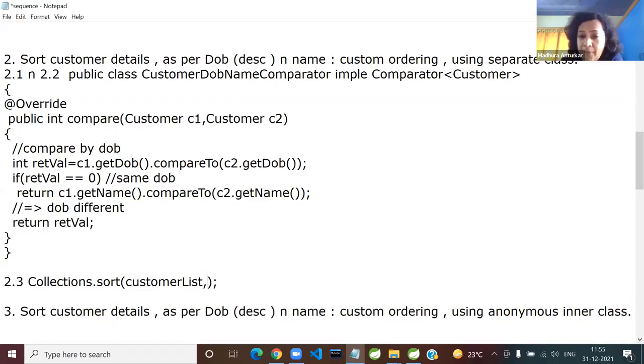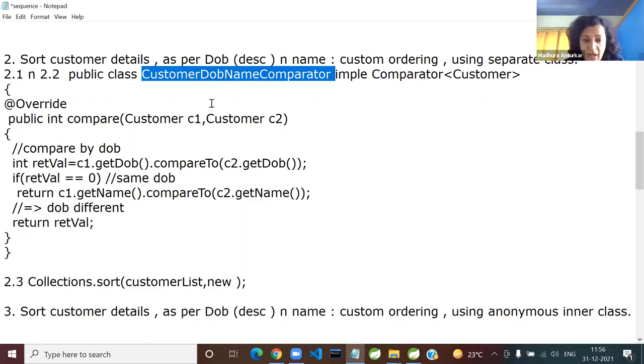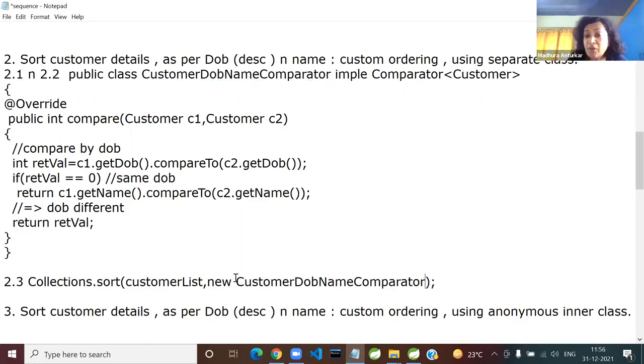So you have an overloaded method. Anyone wants to tell me what is the second argument, please? What will be the second argument? Yes, yes. So what is it? It is going to be the instance of the class which implements comparator. Exactly. Instance of the class. So how do you create the instance? Using new keyword. What is the name of the class we have created in the earlier step? This class. You can do it in 2 steps, by the way, guys, but I'm just reducing it here. So I'll mention it here.